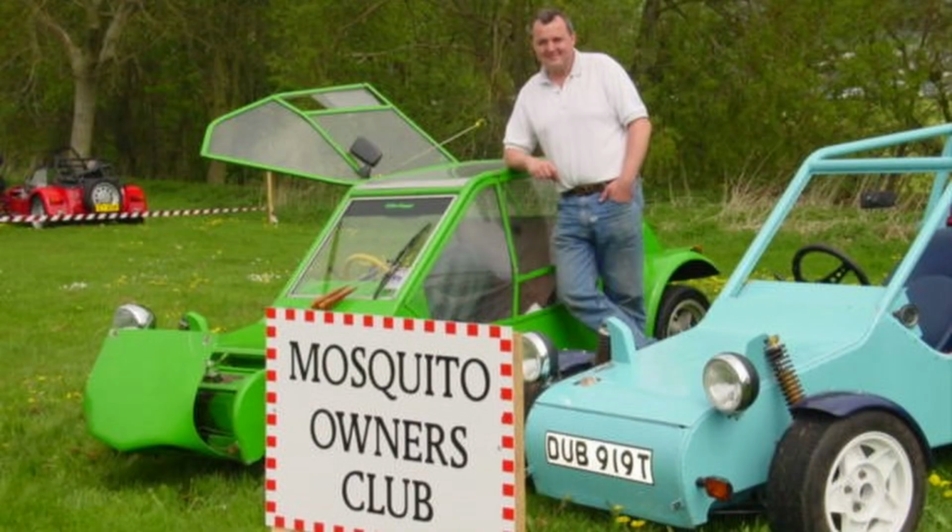Looking at it on a track and being able to pay £2 to go for a ride for 4 or 5 laps, that's how you sell cars. So we took this little Mosquito down there, and did 3 or 4 laps in it. And then suddenly realised we were going a lot faster than some of the 7 replicas, and driving past some